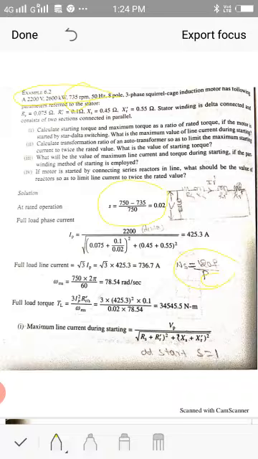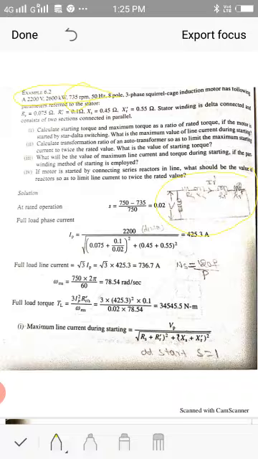Now I need to calculate, when it is operating on full load, what will be the phase current. To determine that, we have the equivalent circuit of an induction motor. You are seeing the equivalent circuit. Rs, Xs, Rr dash and Xr dash will be in series with each other and the voltage V is applied here. So you need to remember this circuit, called the equivalent circuit. From this circuit you are going to derive all the equations.